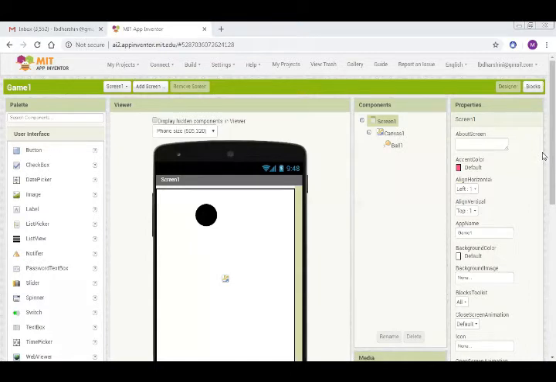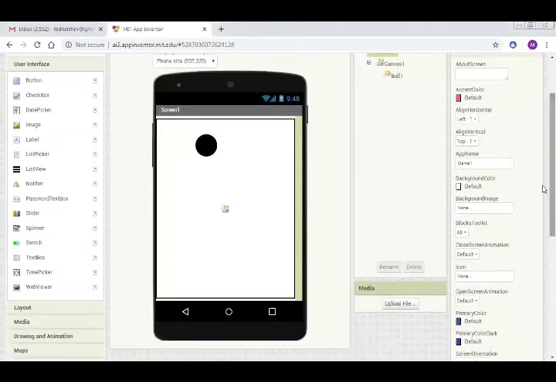Now tell me what components we used in this gaming app. Yes, canvas and a ball. Whenever we are going to do animations, or use some pictures, or draw something, we need a canvas. So the canvas is a component to be used at that time. And we used the ball, and we changed the ball, that is the circle size, by using